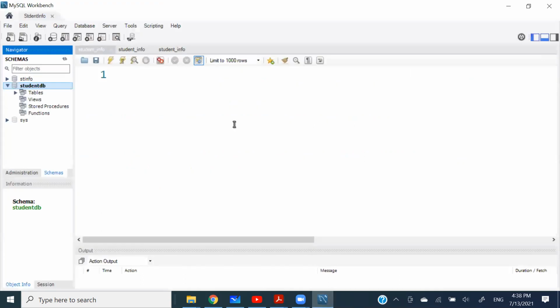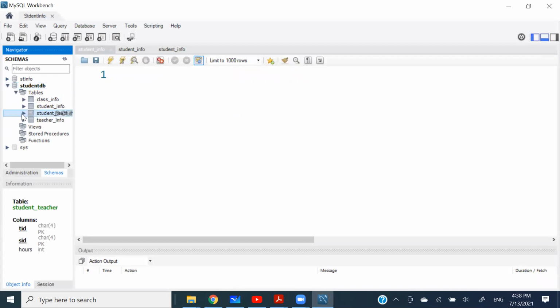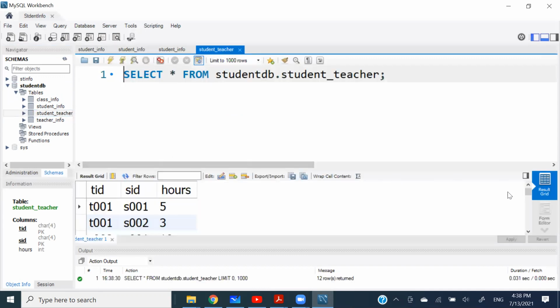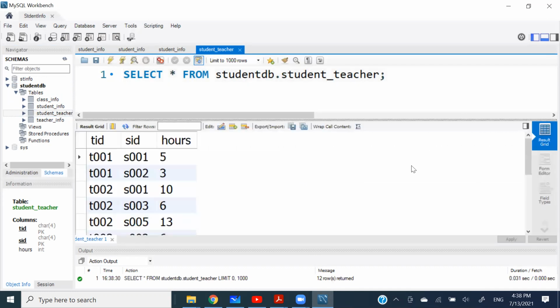So here I have connected with my database. First I'm going to view the student teacher table, because sometimes this record may already exist in my table, since I have done the practicals with some other students as well. So my record is going to be TID T002, SID S003, and please don't mix up my